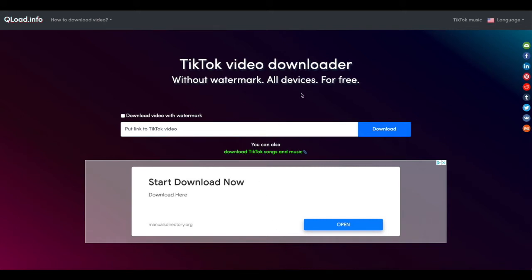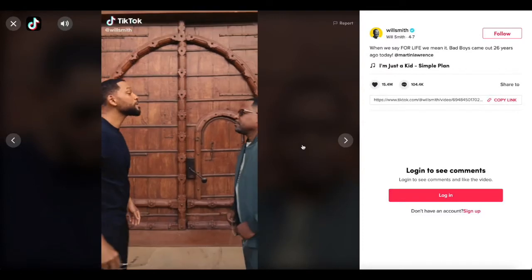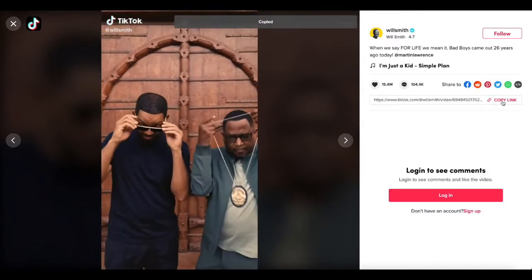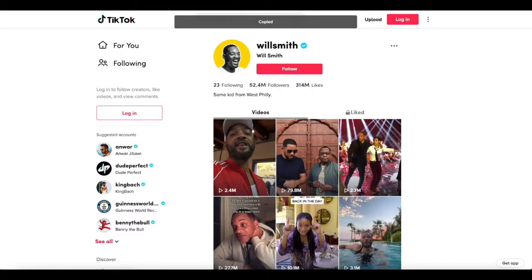If you ever wonder how you can download videos from TikTok with or without the watermarks, this is a great solution for you. This website name is qload.info. I will have it on my description, and basically you can just go to TikTok, pick a video. I'm going to use Will Smith today, copy link and just paste it in the website that I showed you